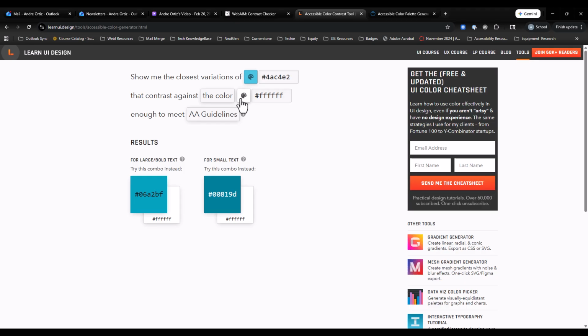If you're trying to make sure that the color is going to yield the proper contrast ratio of 4.5 to 1, then it is telling us that instead of using the 4AC4E2, we should consider using the 06A2BF. So if I go ahead and type that in here,